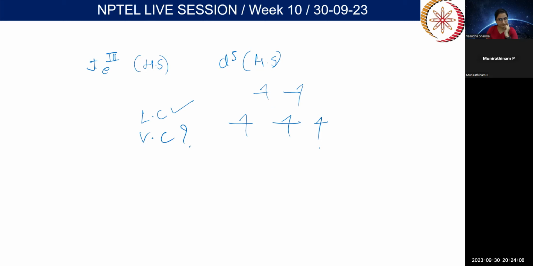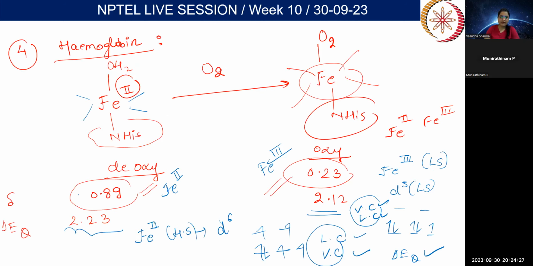Valence contribution is not available, ma'am. So it is not there, right? So when it is not there, there should be a weak electric field gradient and delta EQ should be very less, because only one parameter is there, right? But if you compare the values of iron 2 plus, that's 2.23,